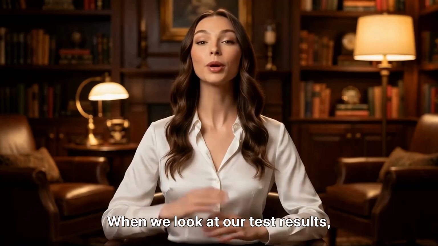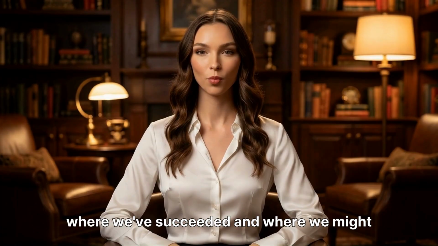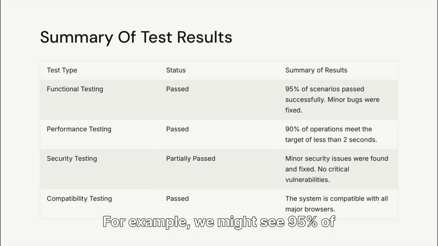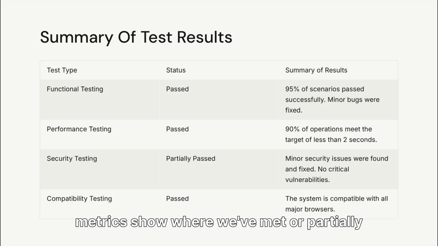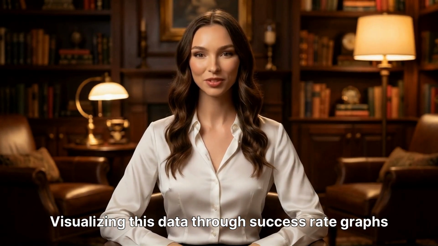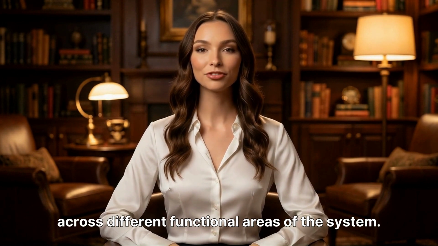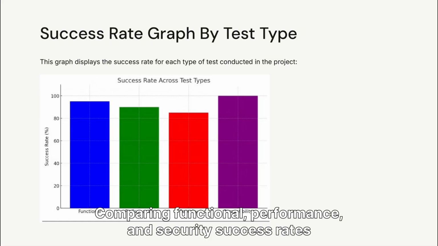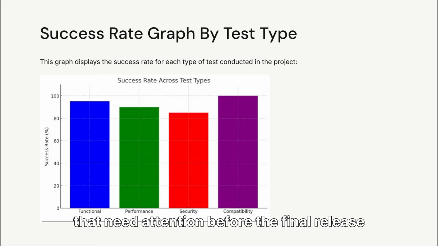When we look at our test results, we categorize them by type to see where we've succeeded and where we might have minor bugs still remaining. For example, we might see 95% of functional scenarios passing, while performance and security metrics show where we've met or partially met our targets. Visualizing this data through success rate graphs helps management quickly understand the quality level across different functional areas of the system. Comparing functional, performance, and security success rates allows us to identify any weak spots that need attention before the final